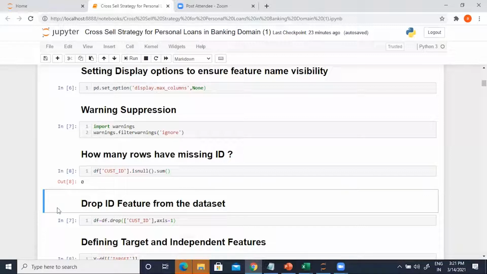Number one, technically, from an operations perspective, it doesn't make sense, because you're supposed to use the ID just as an identifier, not as a determiner. So the banks cannot use the ID as a determiner for any kind of actions. All of you have given the right answers, but maybe this is another way of articulating it: the ID is an identifier. It is never going to be a determiner because it is not dependent on any behavior, and any kind of lending decision must be influenced by customer behavior rather than anything else.